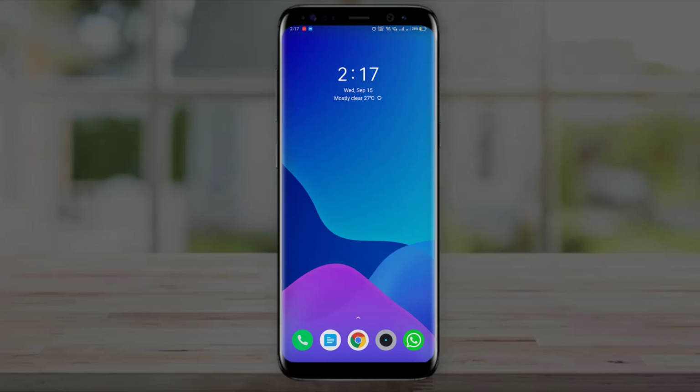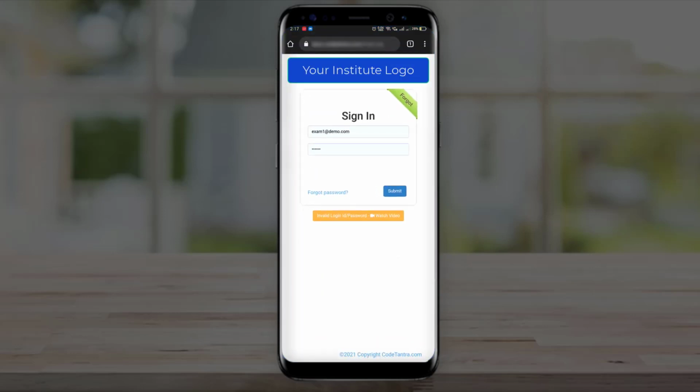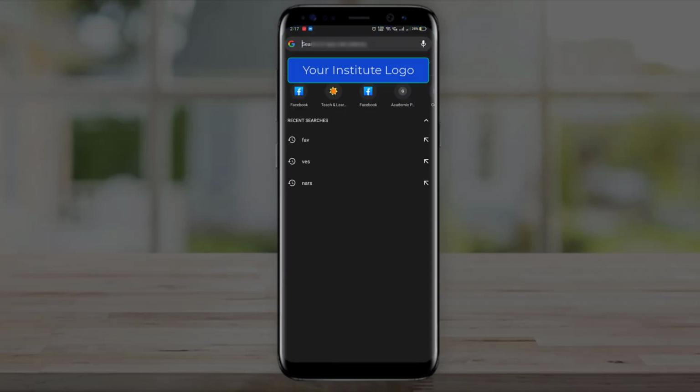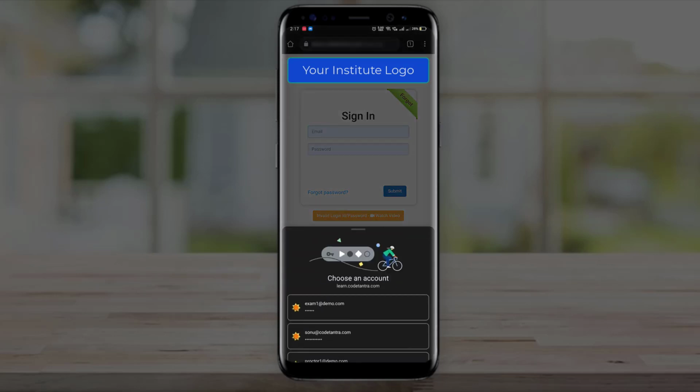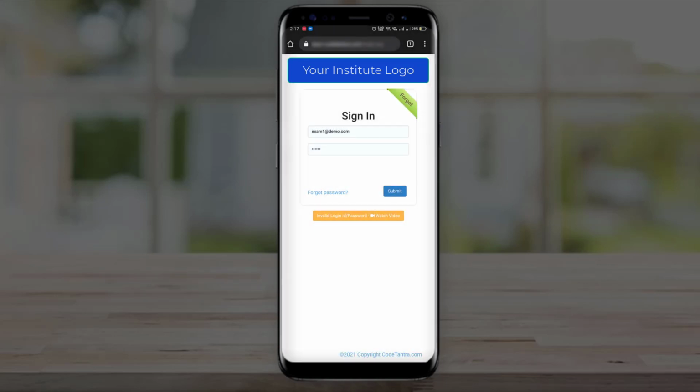I'm using an Android mobile phone, so I'll go with the Chrome browser. Once I open the Chrome browser, I'll enter the web URL which I want to visit to log in. Once I enter that web URL and open that link, I'll be able to go to the login page. And here I'll be entering the same ID and password which I have used on my laptop or desktop to login. So I'm going to enter that ID and password here, and then I'll click on submit.